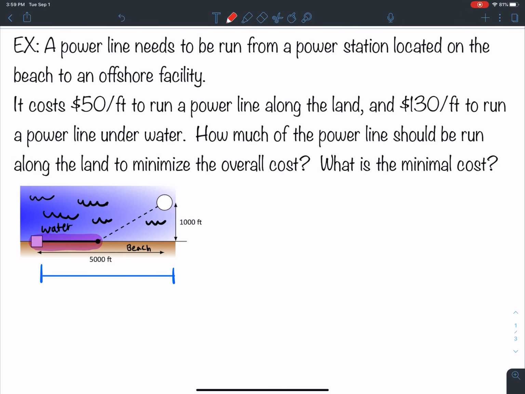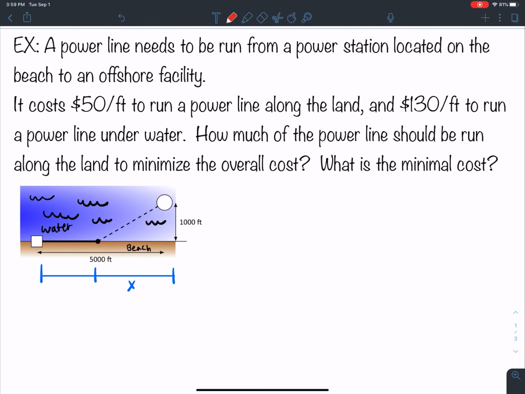It could be the case that the best thing to do is stay along the beach all the way until we're perpendicular with the offshore drilling facility, and then we come straight out to minimize our distance in the water, right? But regardless, we need to come up with some arbitrary distance here. Let's call that distance where it splits between going from land to going to water